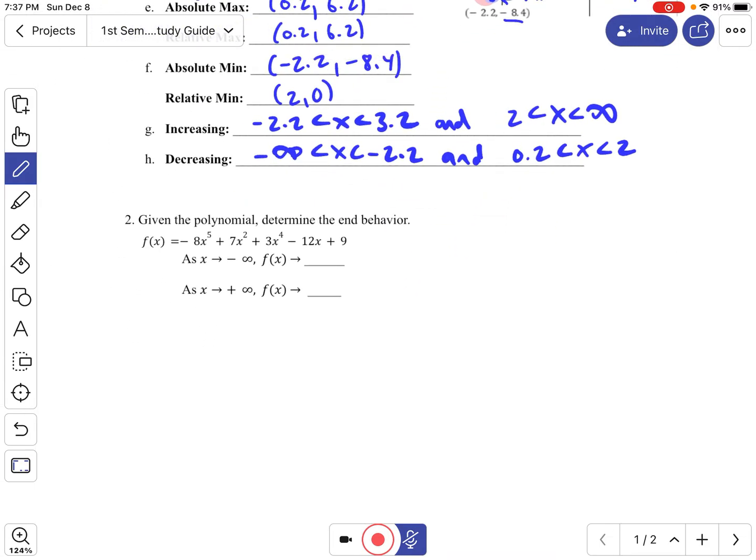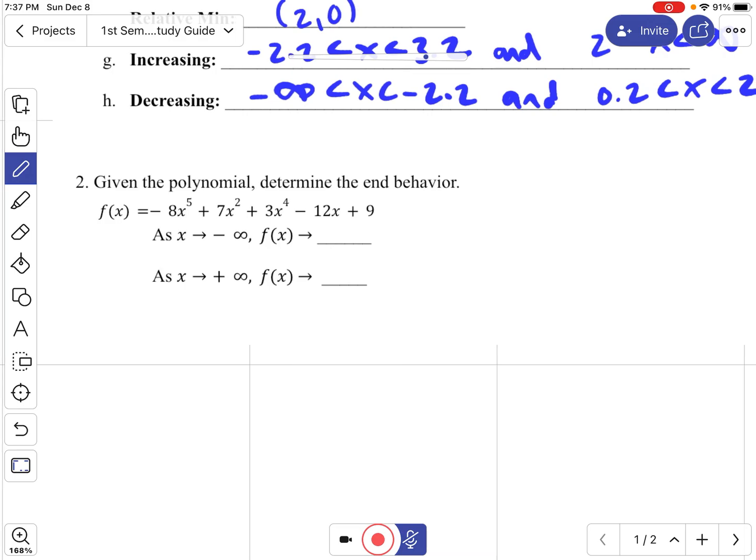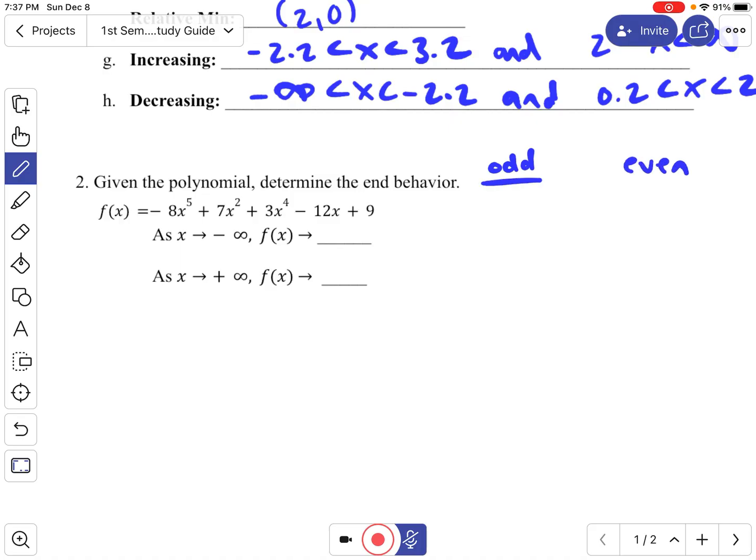Okay, so when you're talking about number 2, when you're talking about determining the end behavior, you're talking about whether the exponent is odd or even. And so the highest exponent would be this 5 here, and that is an odd exponent. So odd